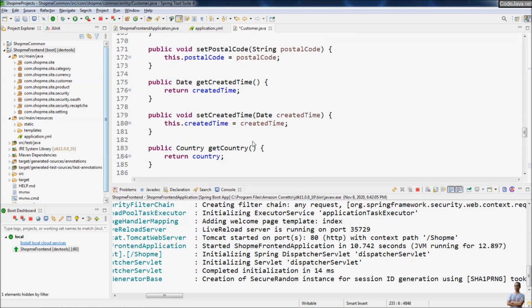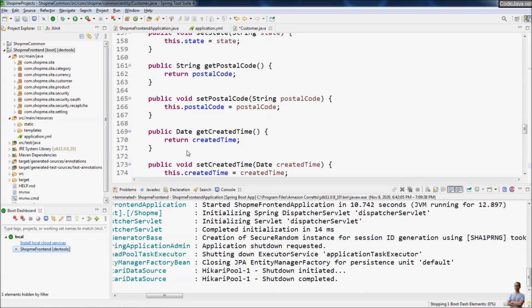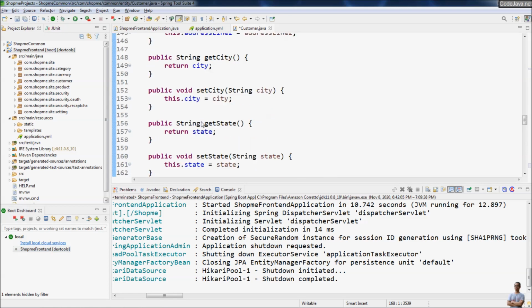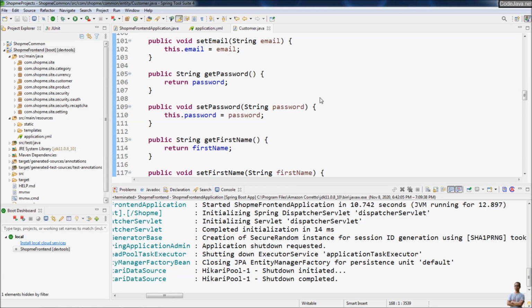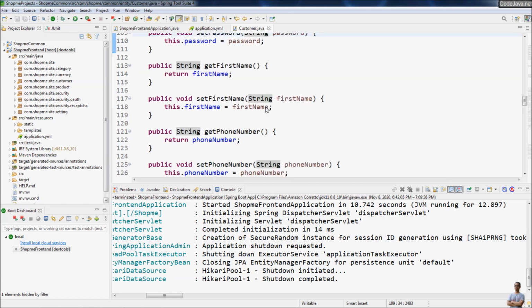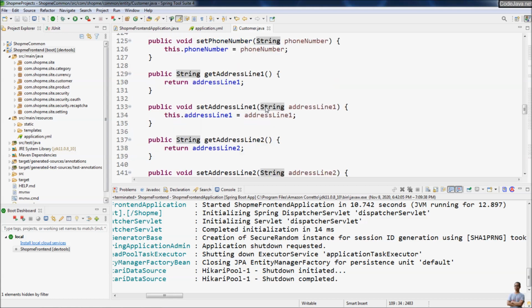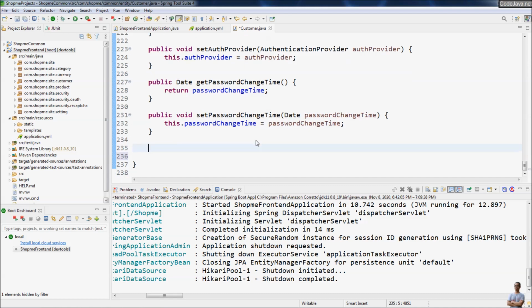Okay, and it's better to stop the application now because we are going to write a lot of code, make a lot of changes to the project. Next, we need to implement a new method in this entity class to check if the customer's password is expired or not. So write a new method here, public boolean isPasswordExpired,